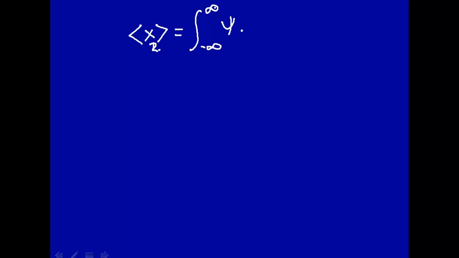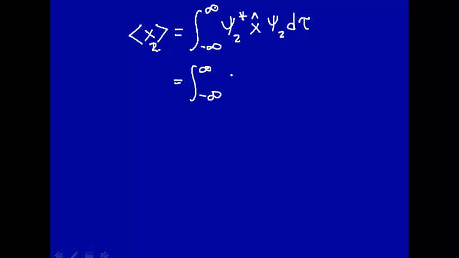That will be the wave function corresponding to n equal 2, complex conjugate, times the operator corresponding to position, times the wave function in state 2, integrated over all space. Now we're going to use the harmonic oscillator. So this is equal to the integration from minus infinity to plus infinity of, well, remember what the wave function was